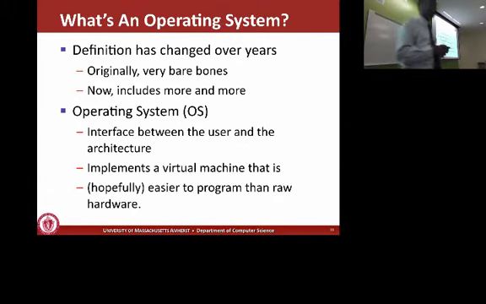Okay. So with that, I'm going to now give you a quick definition of what an operating system is. Really there is no one definition. It has actually changed over the years. And people will define it different ways. A textbook may define it in one way. When you go to, let's say, Apple or Microsoft or Linux and say, I want the latest release of the operating system, what they mean by an OS may be somewhat different than what we will actually use as our